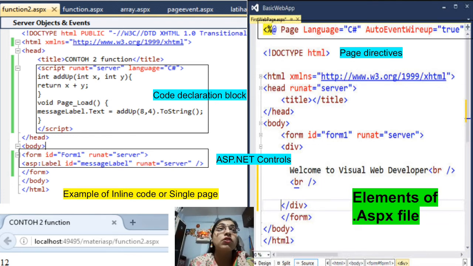We will learn different types of page directives available in ASP.NET in a further session. So these are the elements of the .aspx file: page directives, code declaration block, ASP.NET controls, which are what I can show you in the current example. Let's move to the next part.